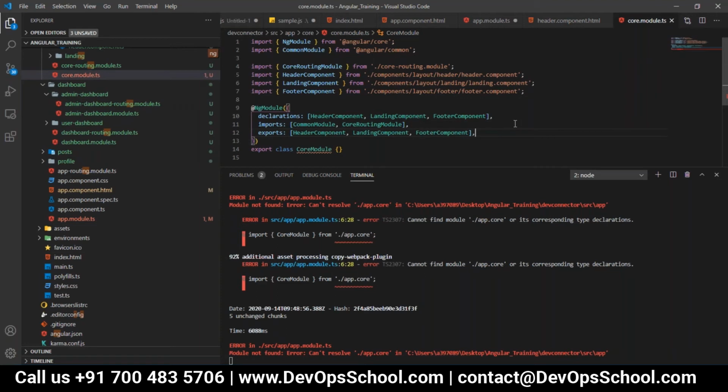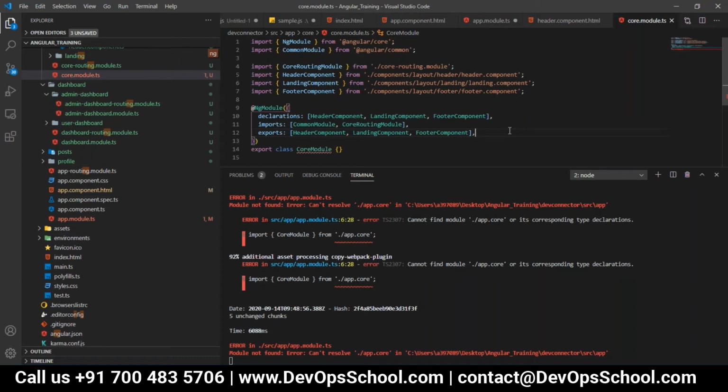Remove that comma. Exports end with comma. Yes. Save it now. If I save, actually comma is getting entered automatically. That is coming because of Prettier. That is not a problem.